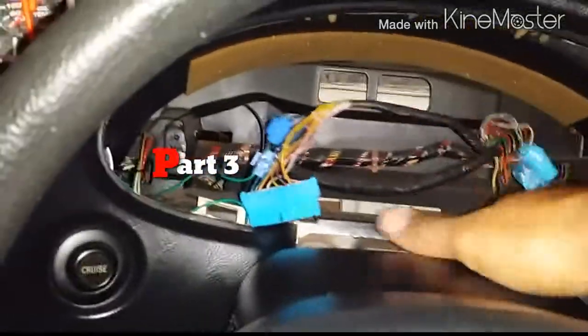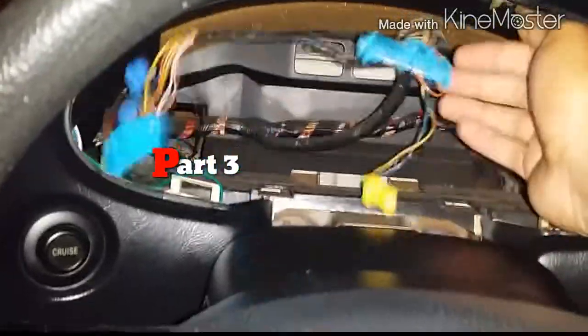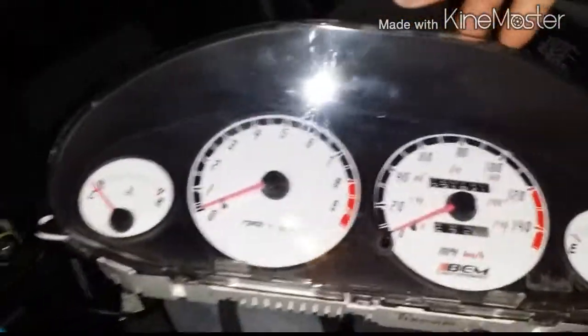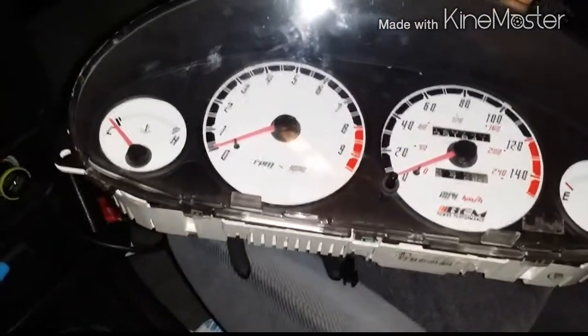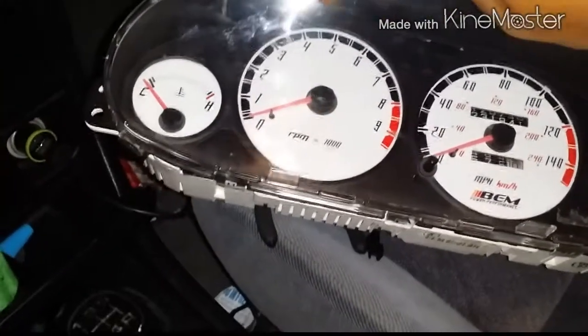I have my dash completely gutted. So what we're gonna do is I have it right here next to me. As you can see, I'm gonna show you. I didn't get to show you the finishing touches I did to it, but I will explain to you. As you can see, I put everything right back together, and the difference about this one is it's kind of